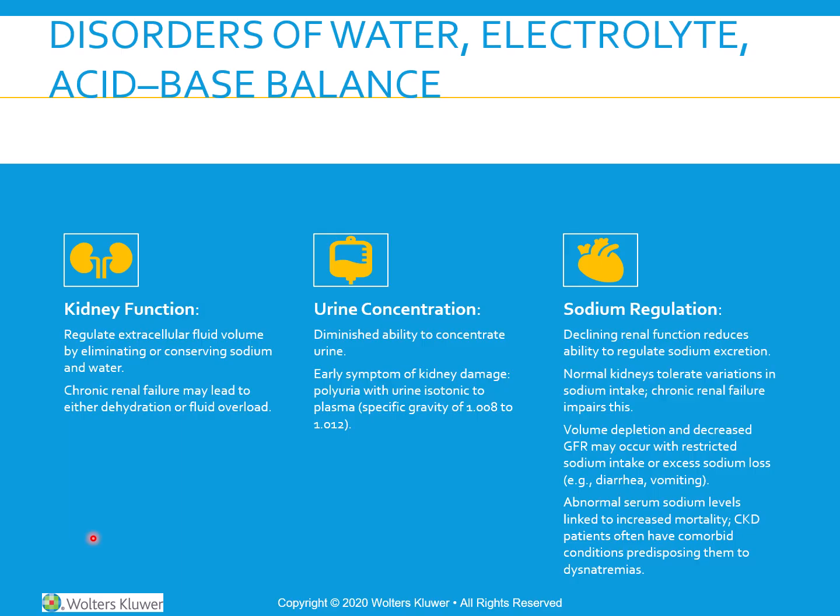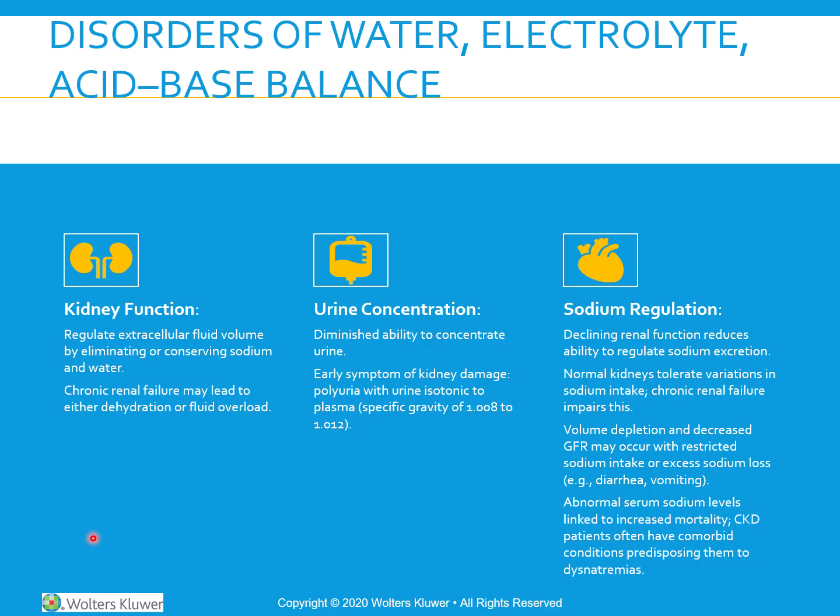Urine concentration, usually we have an early diminished ability to concentrate urine. So early symptoms of kidney damage can be things like polyuria with really isotonic urine as compared to plasma. So urine should be more hypertonic, should have more solutes typically than serum. It's removing things, right? And so if it's getting close to the same tonicity as the serum, it might be kind of an early indicator